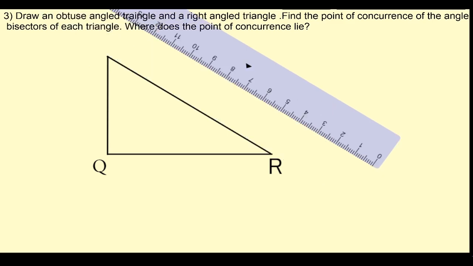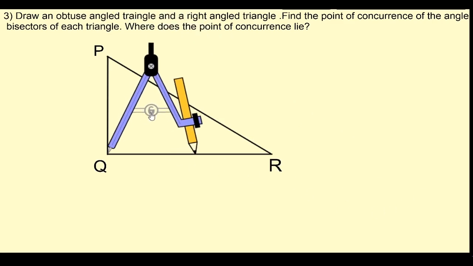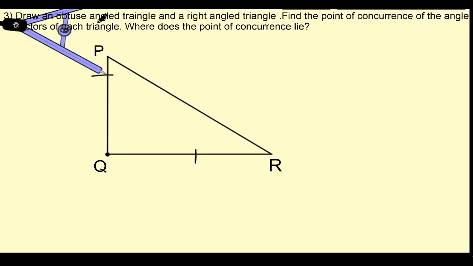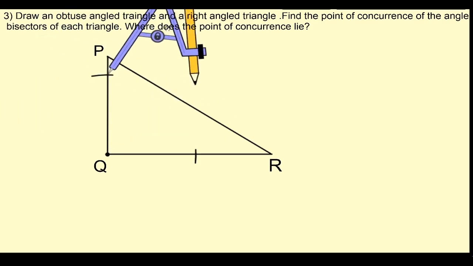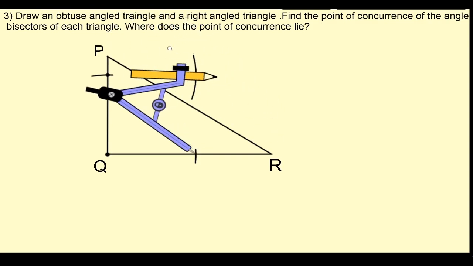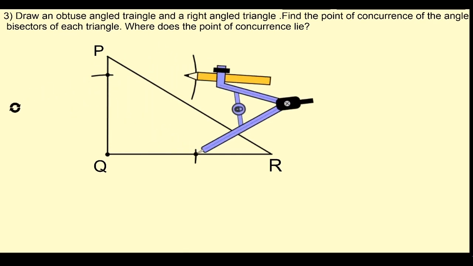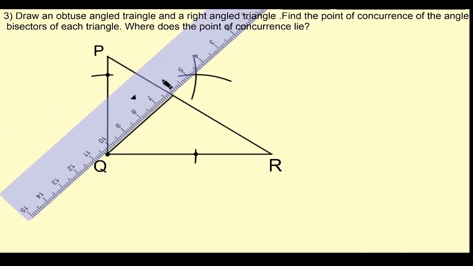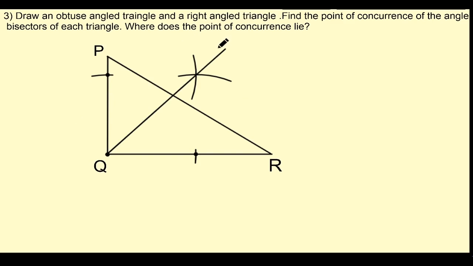In order to draw the angle bisector, we need a compass. Place the steel head of the compass on point Q and draw arcs measuring more than half of the radius on both the sides of the triangle. Then place the head of the compass on one of the arcs and draw another arc. Similarly, we will draw for the other arc. Now in this, I will draw the angle bisectors one by one. So it's up to you whether you want to draw them one by one or at the end together. Draw an arrow at the end of the line.